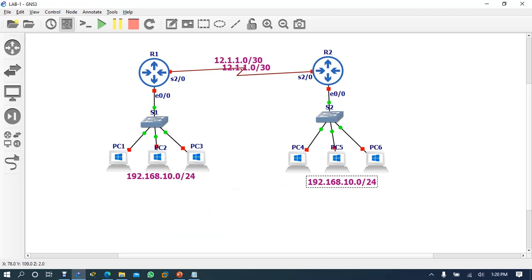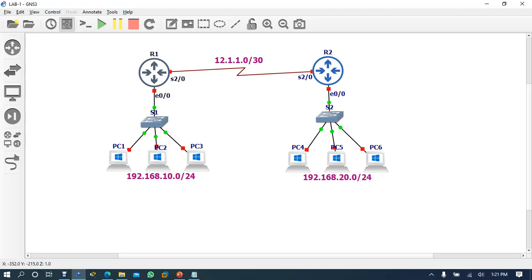And here I'm using the 20.0/24 network, right? So here you have different networks. This is the 12 network, here /24, a different network, right? Here is 20, so it's not different.